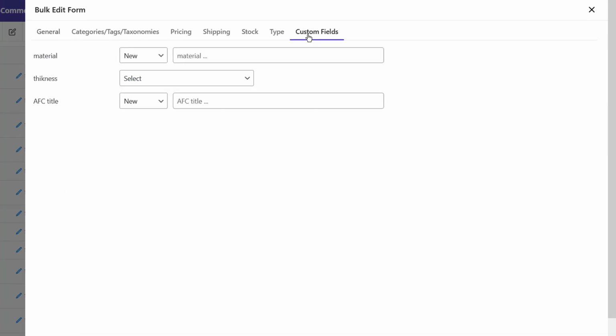Custom Fields tab. In the Custom Fields tab, you can see all meta fields imported to our plugin manually or automatically from the Meta Fields tab before. And as we discussed in how to add metadata custom fields to the WooCommerce bulk product editing plugin, you can add all custom fields created in the WooCommerce product page either by using the default options or some useful plugins such as ACF to our plugin and have access to them in the custom field tab of the bulk edit form